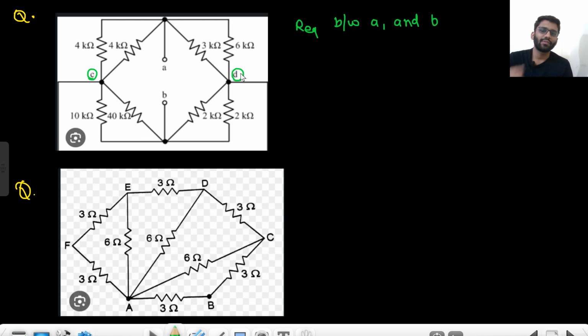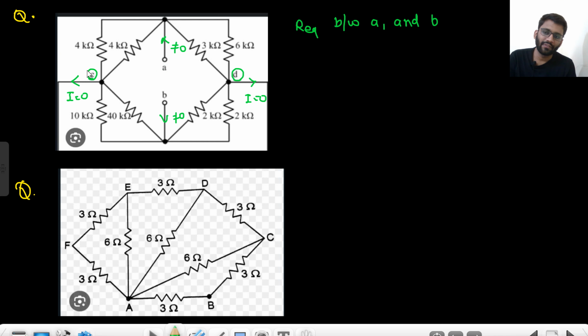So do these nodes have any current? The current here will be 0 ampere, and the current here also will be 0 ampere. But the current here is not equal to 0, right? Do you understand it? Because we are not collecting our R equivalent across CD. We are collecting our R equivalent across AB. So these terminals will have some current, because here we will apply some voltage source and we'll get some current out of it. Okay, so you have to consider some current there.